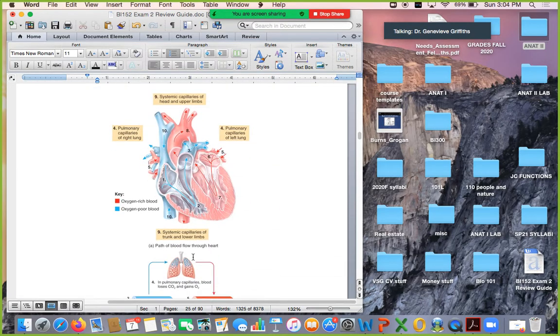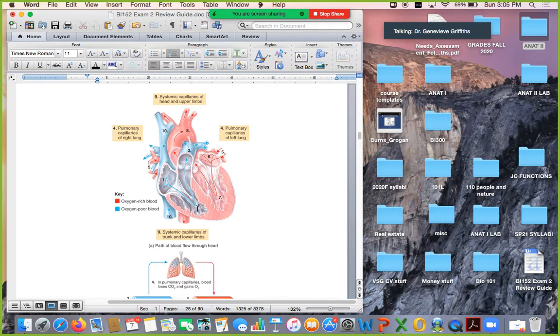So this is just going to basically be a path of the blood flow through the heart that also includes the oxygen level. So we have oxygen poor blood here coming into the right atrium. Again, it's going to happen from 3 different ways. Only 2 are depicted here, the inferior and superior vena cava. But we're also going to have blood flow from the coronary sinus, which is depicted right here by a little hole. Then it's going to travel